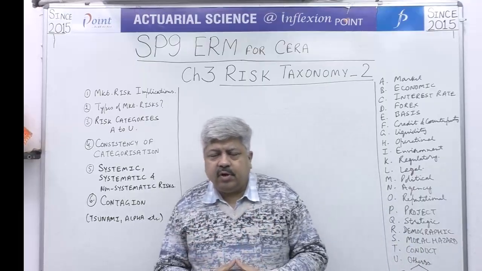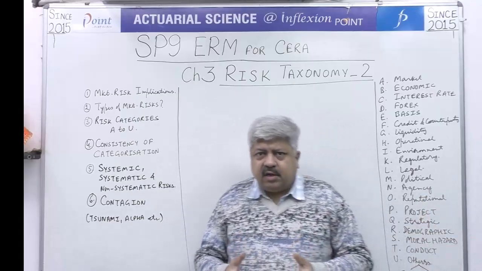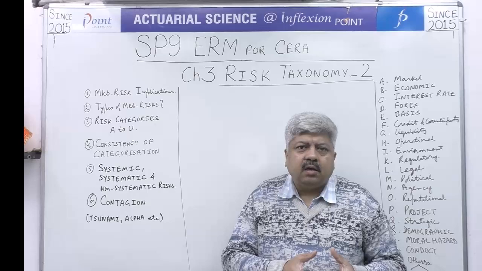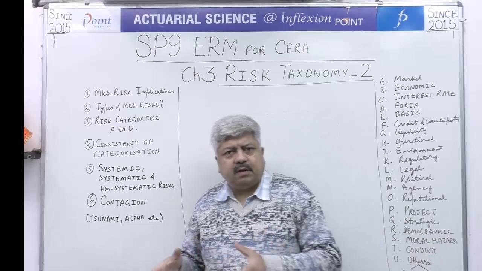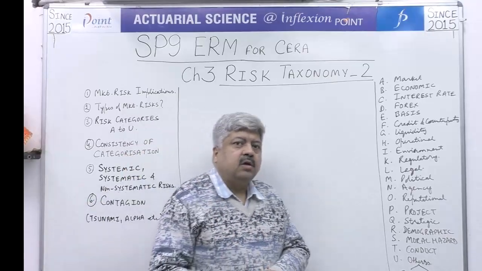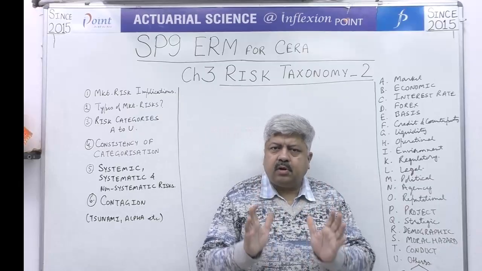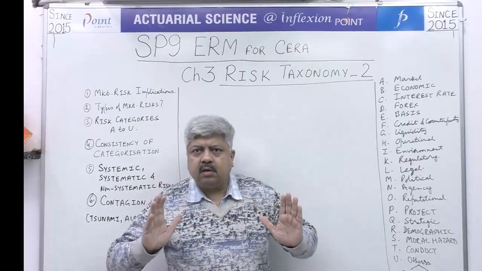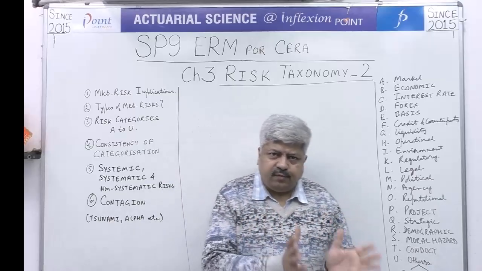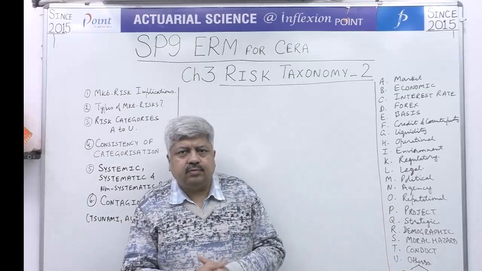And even when we monitor our experience, we need to know whether the changes that we have actually experienced are transitory or temporary, not going to be repeated in future, or is this the new normal? Has it become permanent, so we can experience the same thing in the coming years also? So a survey of the external environment is very, very important for a good job of actuarial nature to be done in a proper way. And all this must be done with professionalism. This in a nutshell is the actuarial control cycle for you.